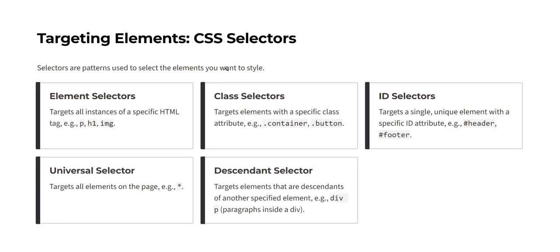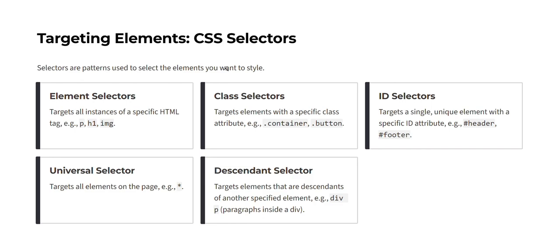And next is the targeting elements, that is the CSS selectors. The selectors determine which HTML elements will be styled. There are multiple types. The element selector targets all the tags of a certain type, like paragraph elements P, and class selectors target elements with a class name, meaningful for reusable styling, and the ID selectors target a specific element